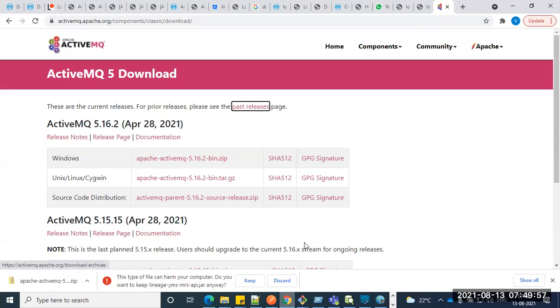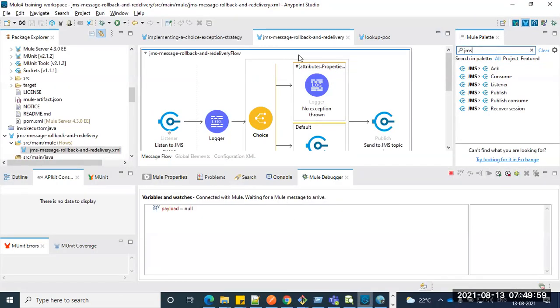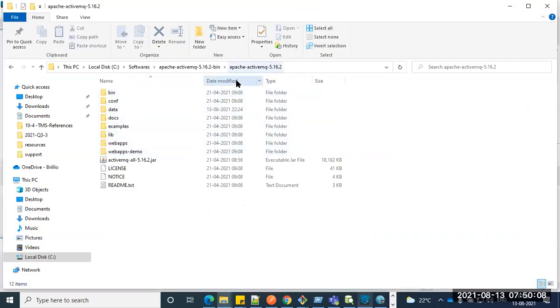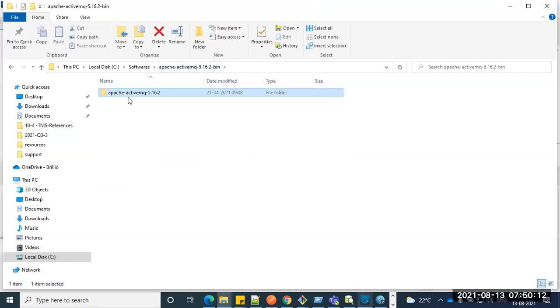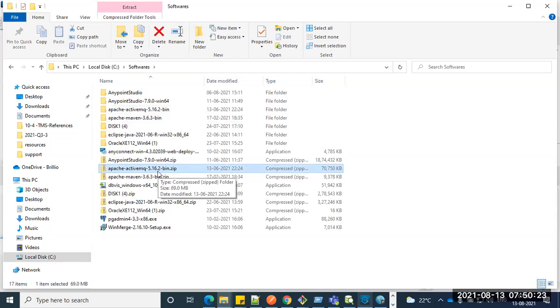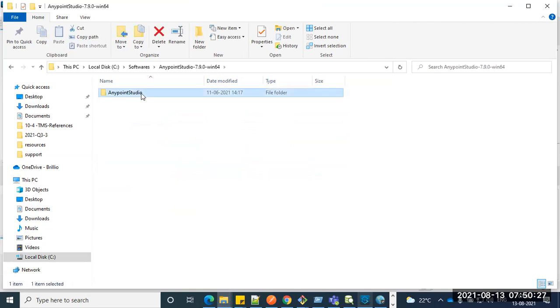Once you are ready with that, we'll try to post the message. We'll see both the success scenario and the failure scenario. Once you unzip it, use the 7-Zip software. Once it is downloaded successfully, it will look like this, guys. You can see Apache ActiveMQ 5.16.2 bin zip. Just unzip it. You can see.